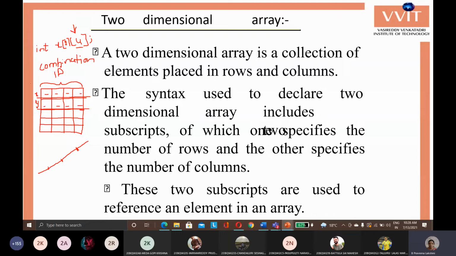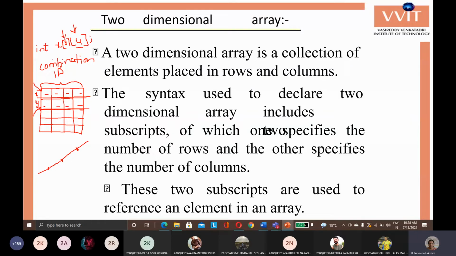So for the first one-dimensional array we have one starting memory location, and for the second one-dimensional array we have another starting memory location. These starting memory location addresses are maintained by our row indexes.